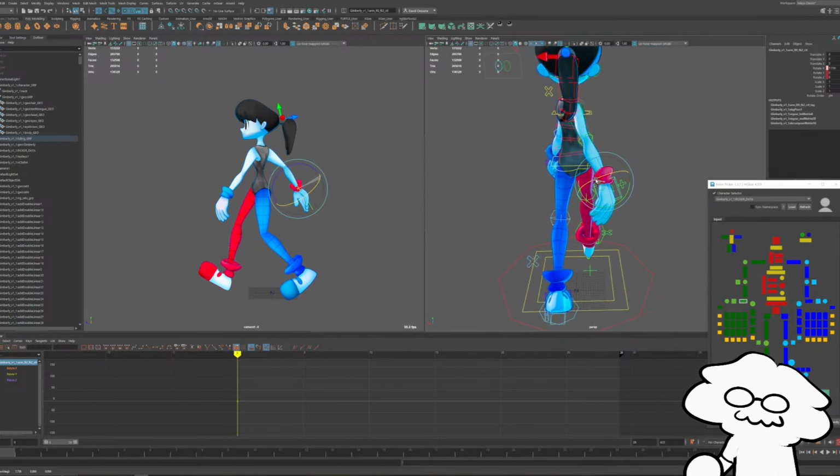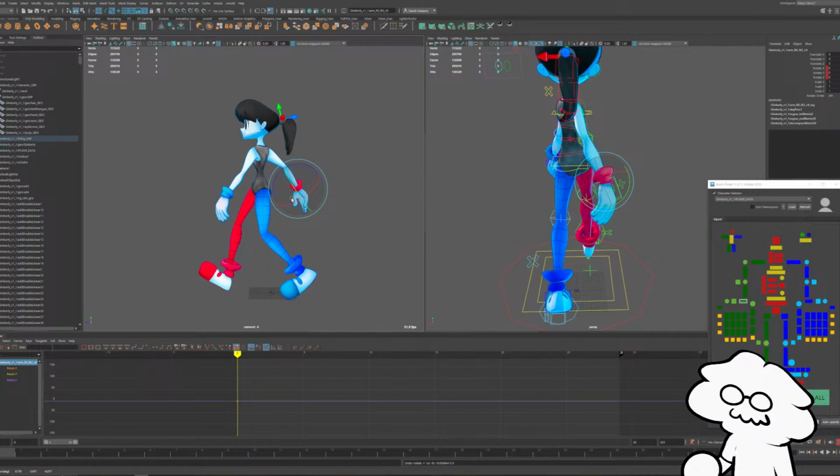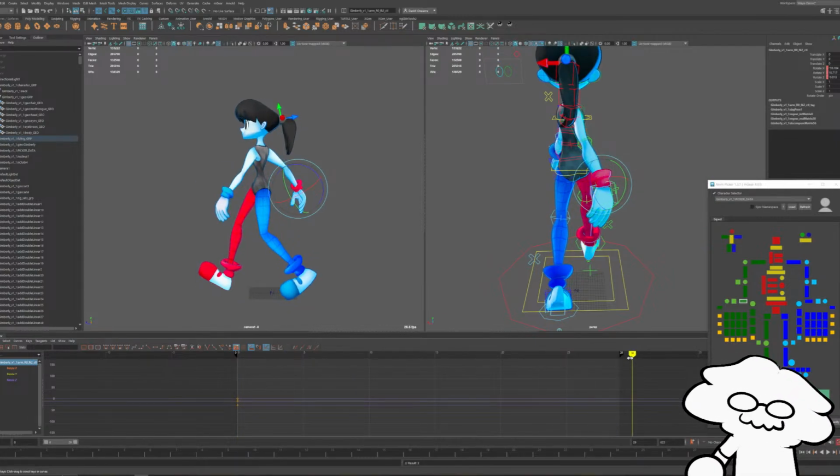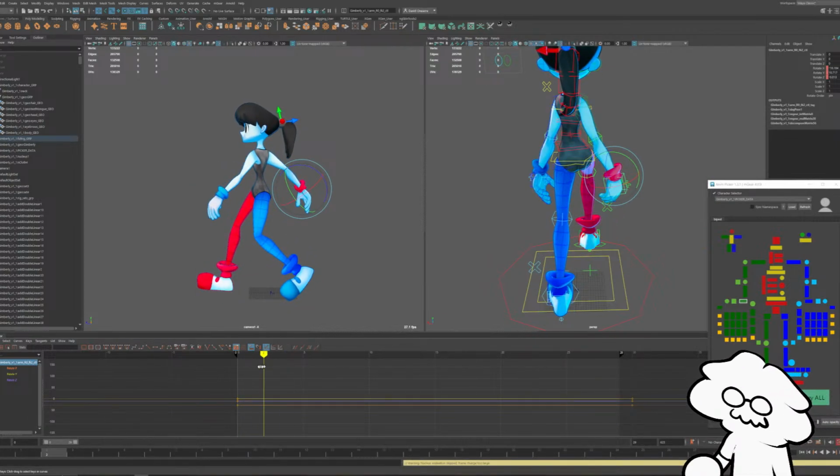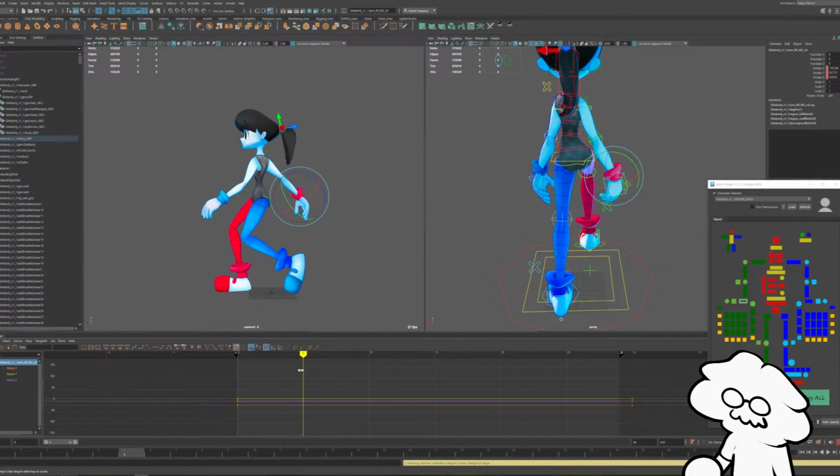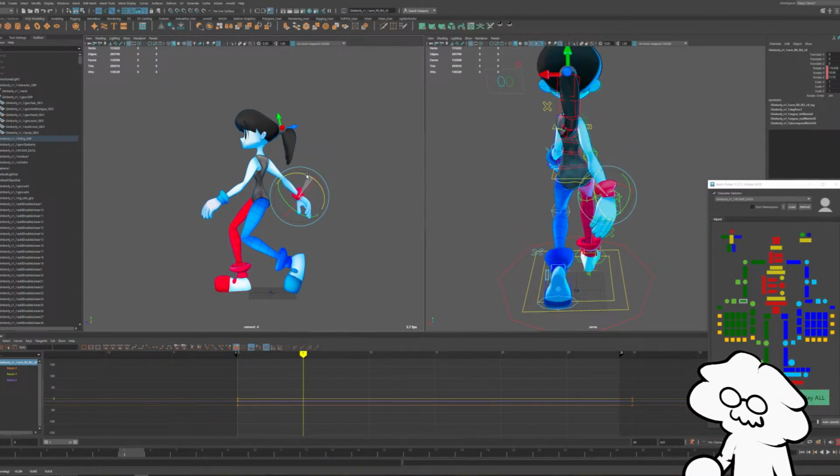This is already more or less curved inwards. Let's see. Yeah, let's have it about there. And then we'll do the same on frame 30. And then from the first step, go forward a few frames, have it drag backwards a bit.